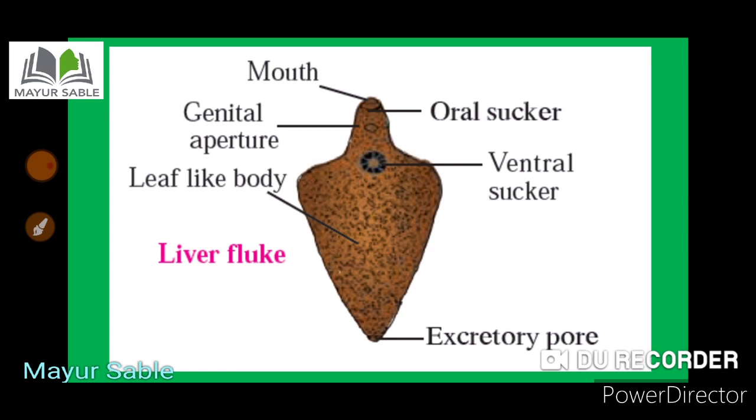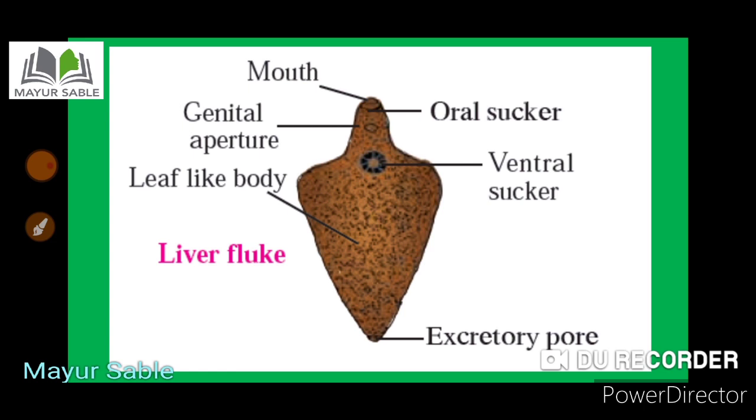Remember, most of these animals are endoparasites. What does it mean by endoparasites? That means they live in the body of other animals. Some of them are free living and aquatic also. The body is acoelomate and bilaterally symmetrical. These are triploblastic, that is, the body is made up of three germ layers. We saw in the earlier period that the endoderm, ectoderm and mesoderm are the three germ layers present in the body.